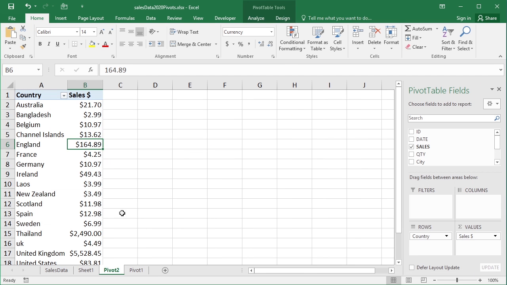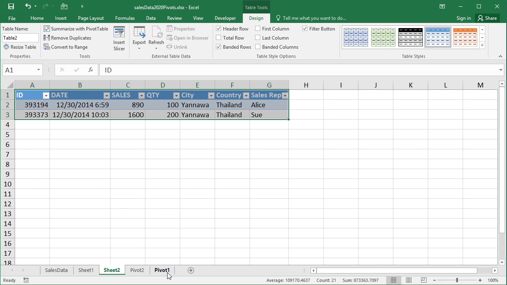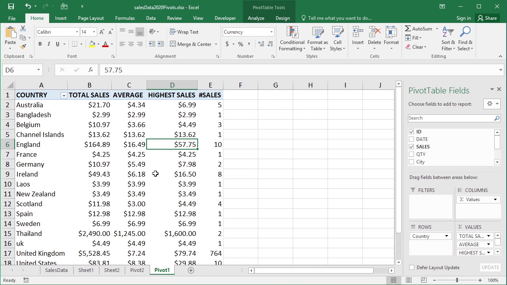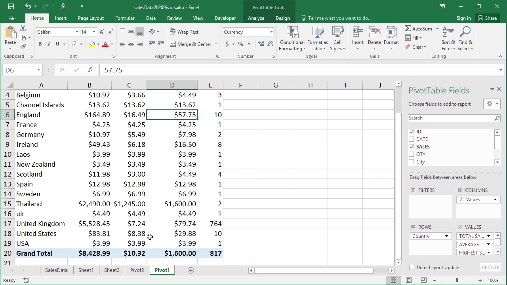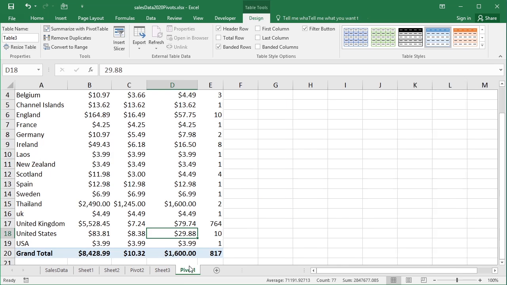So back into here, what about the 2,490? Double click, and the Thailand values are extracted again into another new sheet. So that sheet can be taken somewhere else, deleted when you finish with it, filtered on, create a chart, etc. Even in pivot 1, where we've got lots of different numbers going on, if I were to pick on a number and go, whoa, about the United States, 2988, double click, it brings through all the United States data, which has been used to build these numbers in pivot 1.